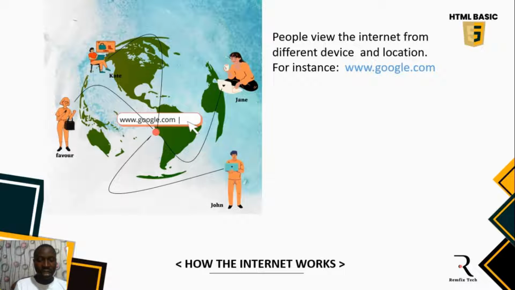Okay, so now let's look at how the internet works. People access the internet from different devices and different locations, some from their laptops, some from their mobile devices, some from their screen readers. We have 4 examples here. We have Favor, Kate, Jane and John, and they are all accessing the internet from different locations at different times. So it's important that if you're going to learn how to develop a website, you must have at least a basic understanding of what it means to access the website, to access the net, to access the